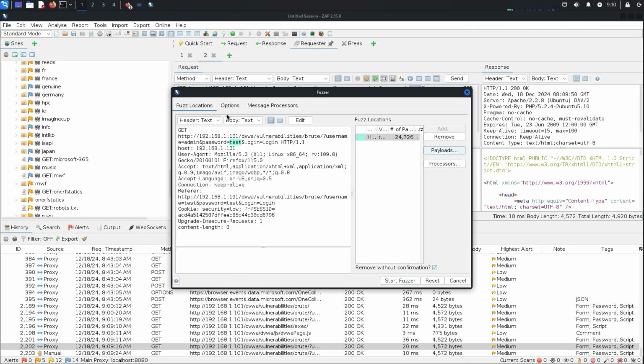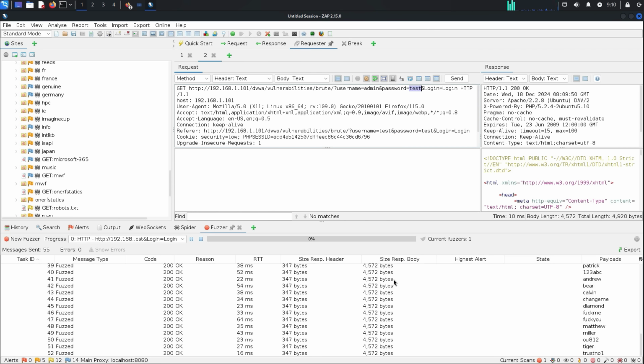Of course, with the fuzzer, we have other options to set up, like in Burp. Now if we give it a start, you can see how fast it's going compared to Burp, and it's really trying to run through everything. So I'm going to stop it, and now how do we find out, in this particular sort of manual attack,